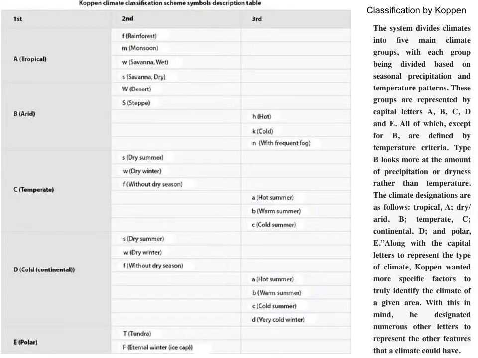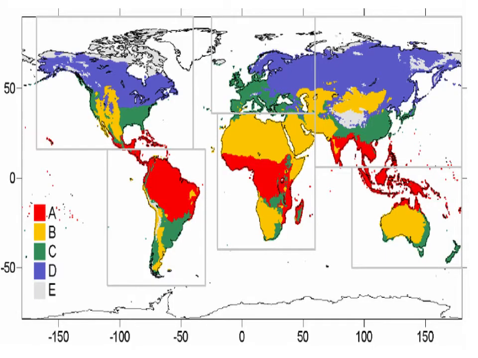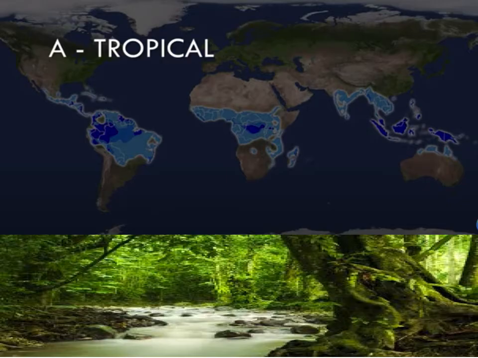Here they provide a table where you can see the 5 basic divisions in Köppen's classification system. The second column represents the second letter, which gives more detail about the further sub-classification, and the third column gives further details. It will be clear as we go further. You can see the entire world map here, in which we are showing what is A, what is B, what is C, what is D, and what is E. So we'll see all these 5 somewhat briefly and then in a little more detail.